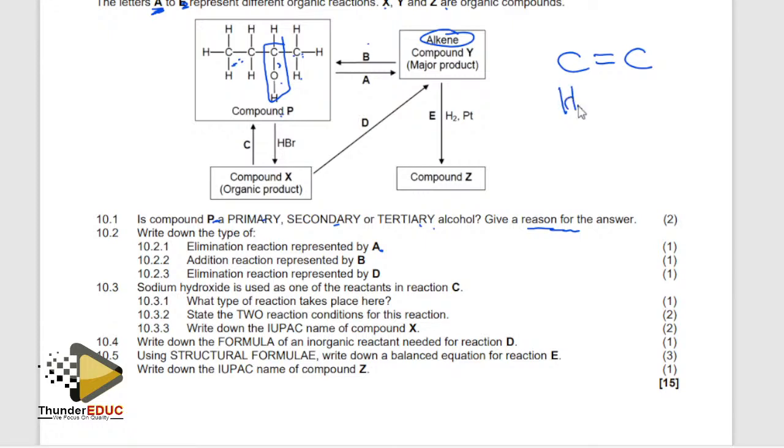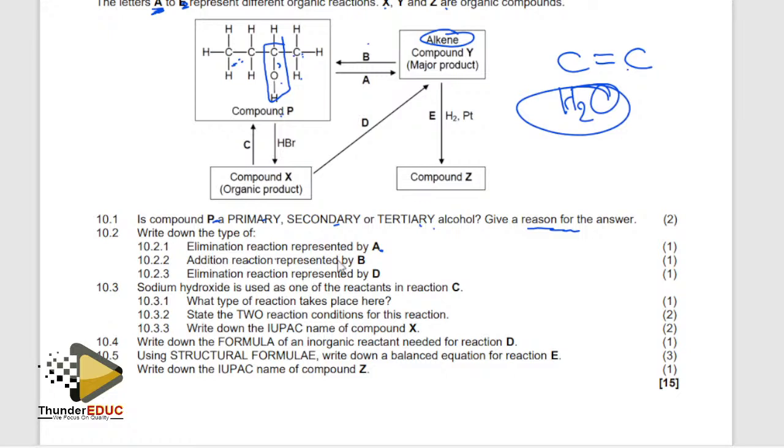Because we are removing water, you are going from alcohol to alkene. Yes, you are removing water. So that type of elimination is dehydration. If we were adding water, then it would have been hydration. But because you are removing water, it becomes a dehydration reaction. Then they're asking you,